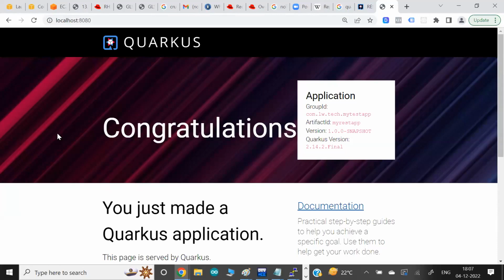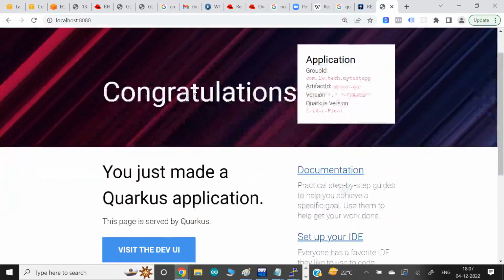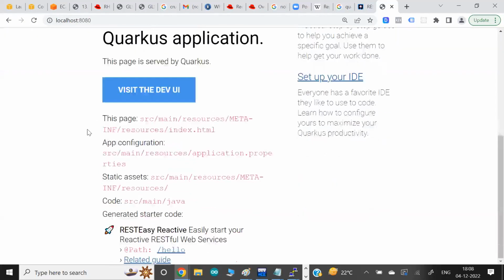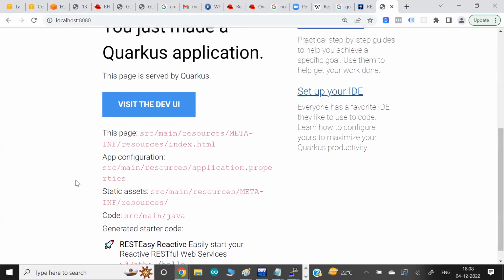And Quarkus says your application is working fine. Your application with this project name has been started and this folder group ID is started. There is no issue. This is the initial home page of Quarkus. This is not your final code, but it is the Quarkus home page. It shows you everything is working well till now. The only thing I am looking for is not here.